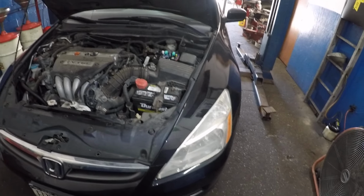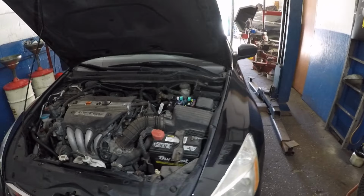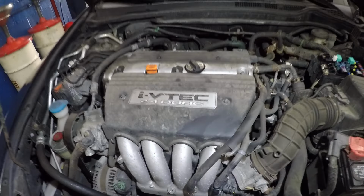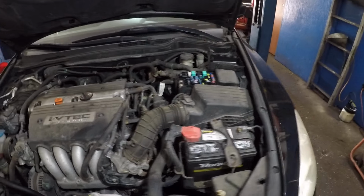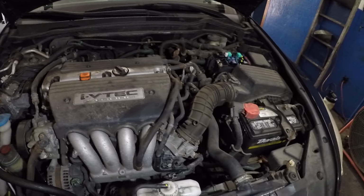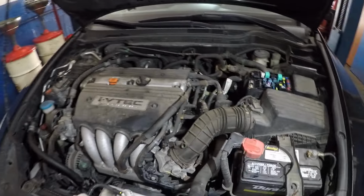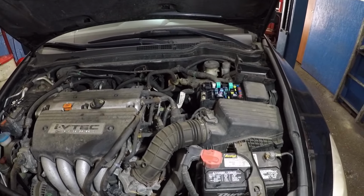All right, guys, 2007 Honda Accord. This is a 4-cylinder, 2.4 liter engine. The AC was not working on this car, and as you can see down there, they replaced the AC compressor and all, and the AC still did not kick in, and then the car came to me. It had electrical trouble. There was no power going to the AC compressor, and